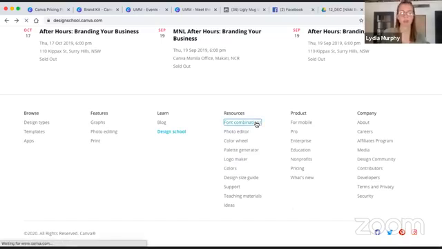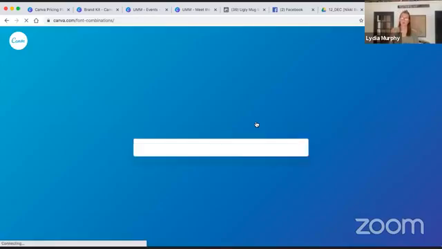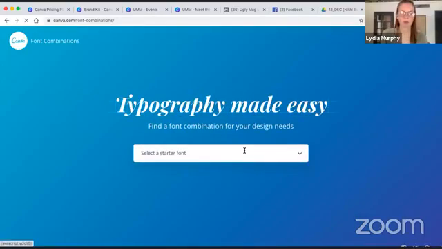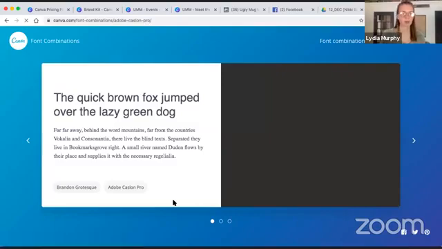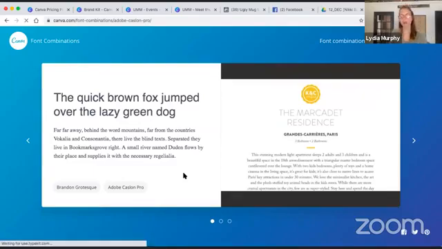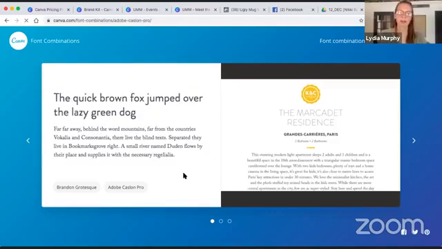If I do font combinations, you choose your initial font and it will come up with one that works really well with that one. So select a starter. It will populate one that works really well with it, and it gives you an example. So that's really cool. So I do definitely understand, Steve, the frustration of some